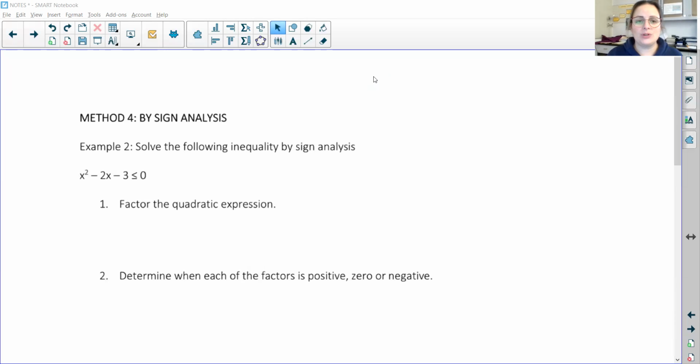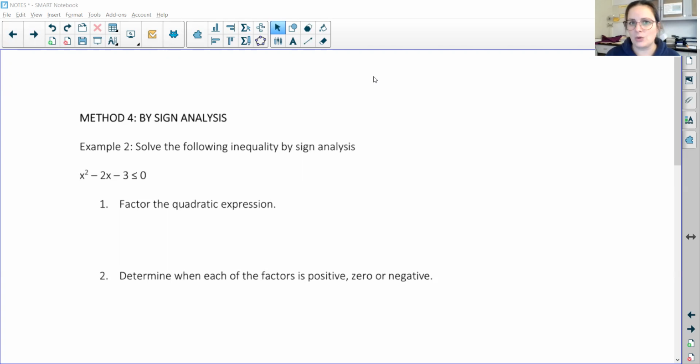So just to recap, we have been learning about how to solve quadratic inequalities. The first method that we looked at was by graphing. This is especially useful if we have a quadratic inequality that has two variables. The second method that we looked at was solving by roots and a test point. This is especially useful when we have the inequality in relation to 0, and is probably the most applicable one